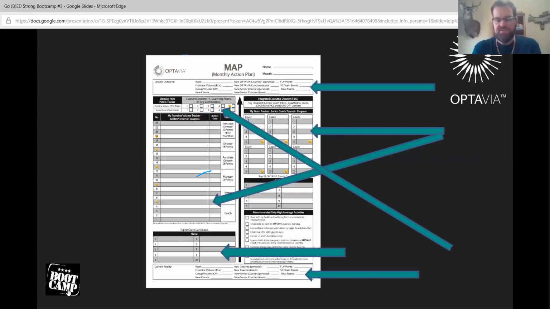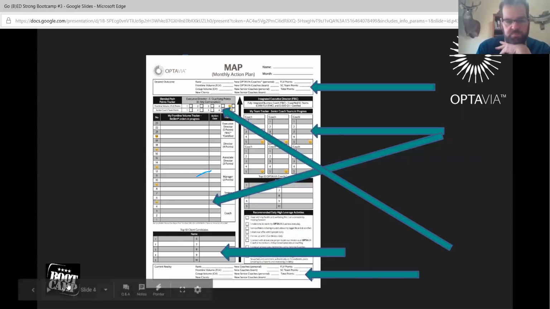Anyways, back to the candidates. So you need those top 10 client candidates, and you're going to fill that out. Those are people that are hot on your mind, or people maybe responding to you or reaching out to you, or whatever it is. As you're reaching those, you may bring them on as clients. If you do, they're going to bump up the scale and go into their frontline volume tracker. So that's kind of what you want to do there.